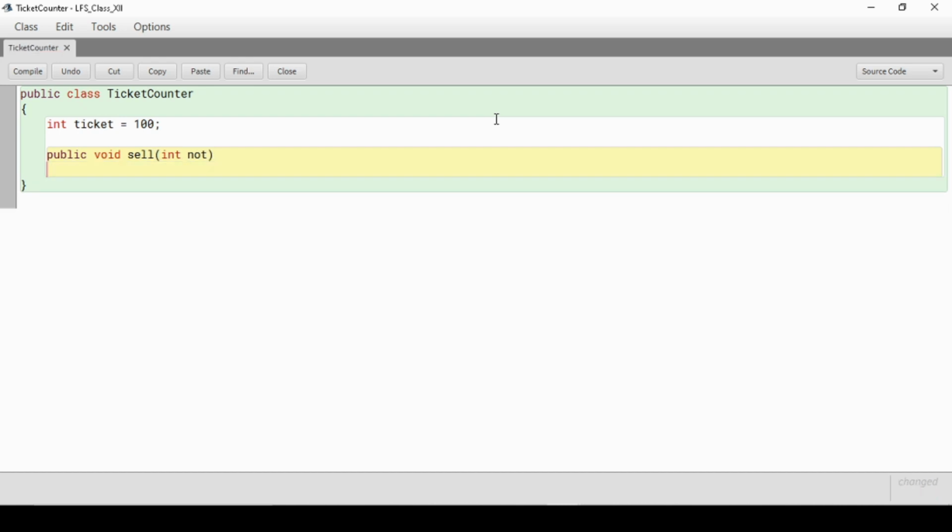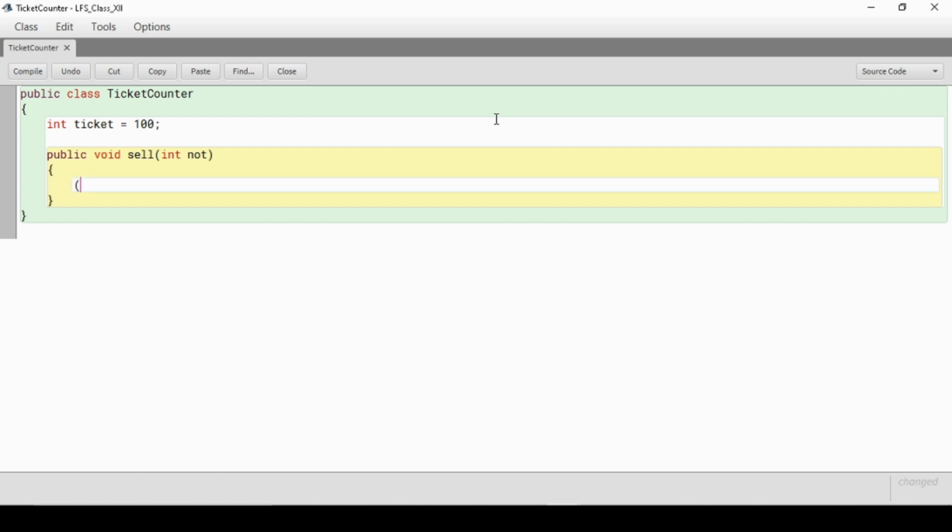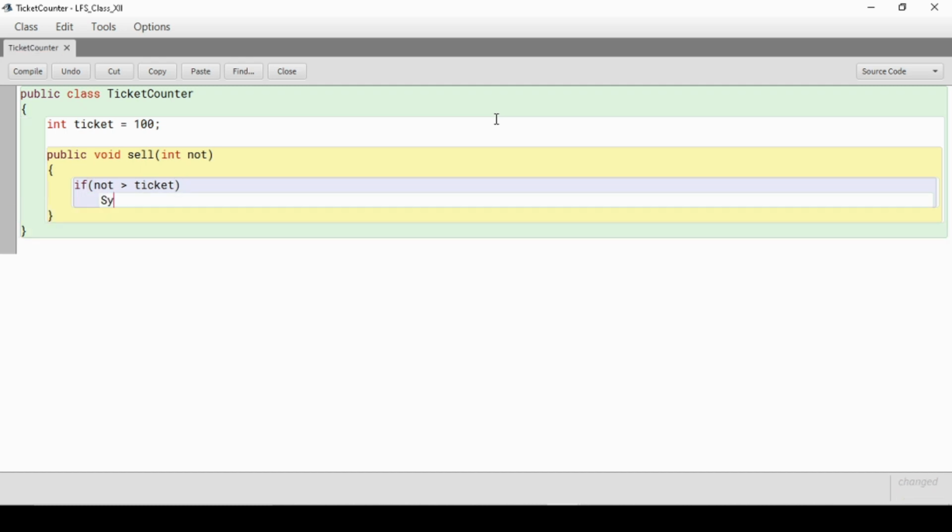Of course the number of tickets should be less than or equal to the total available tickets. So if the number of tickets is greater than the tickets available, then we will simply print ticket not available.